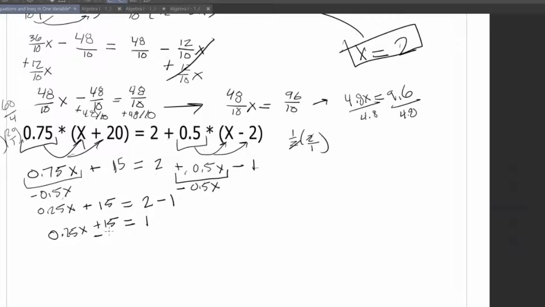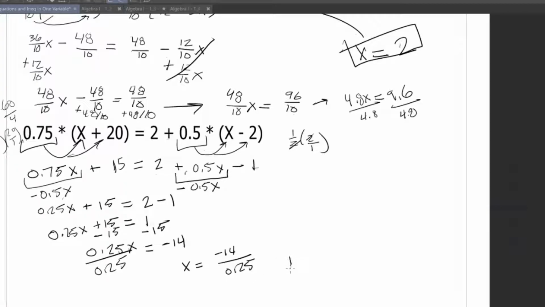We're going to subtract 15 from this side. The same thing on this side. Subtract 15. We get 0.25x equals negative 14, right? And the next step, we're solving for x, so we're going to divide by 0.25, because any real number divided by itself is going to give you 1, right? So x is going to equal negative 14 divided by 0.25, which, a quick tip,